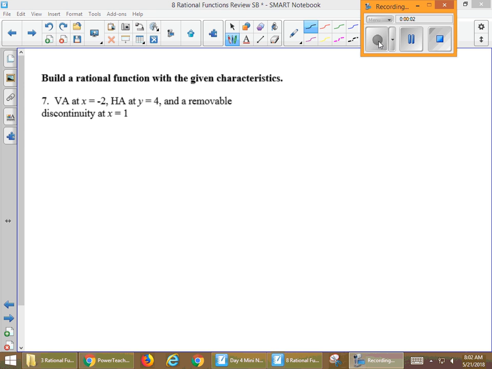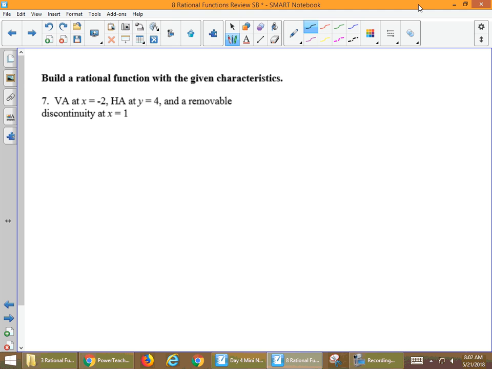Okay, the last couple of problems. Here we're going to be working forwards and backwards. Here we have a vertical asymptote at x equals -2, a horizontal at 4, and a removable discontinuity at 1. The way I like to start is by making my fraction, and then I always start with that removable discontinuity